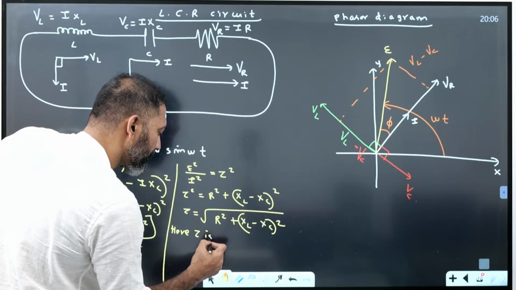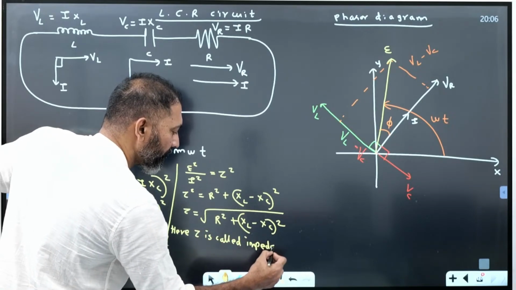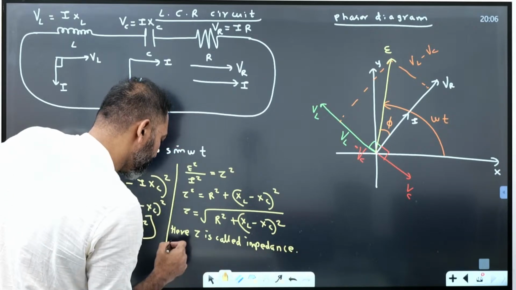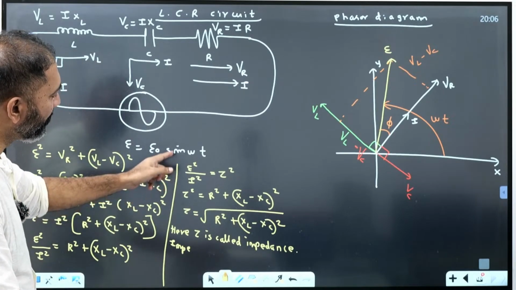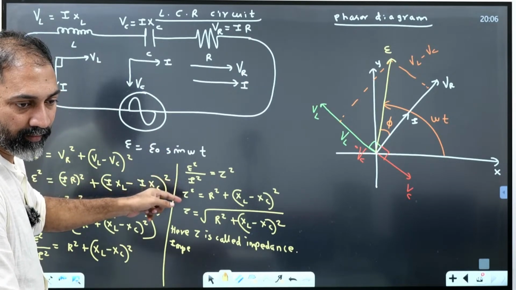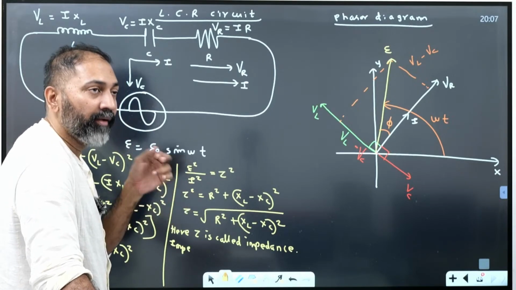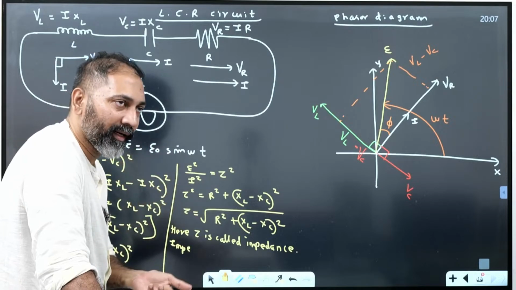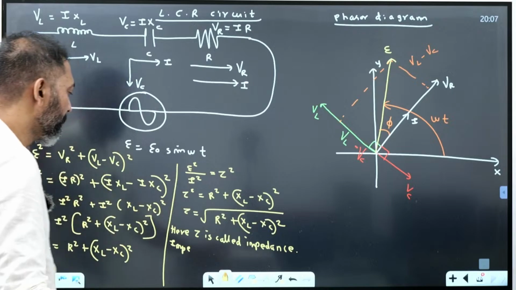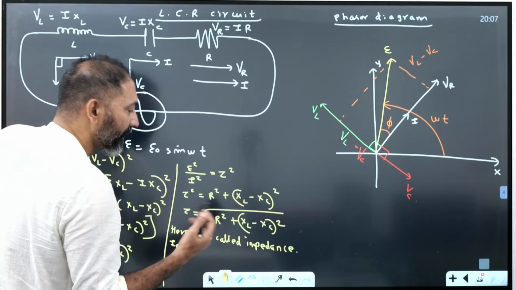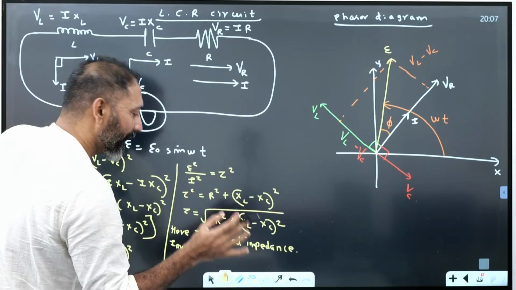Z is called impedance. What is impedance? See, in E square by I square, E square means total EMF square, divided by I square is total current. What is total EMF by total current? It is the impedance. So here Z is called impedance. Why is it called impedance? Because EMF by current is resistance. Impedance is